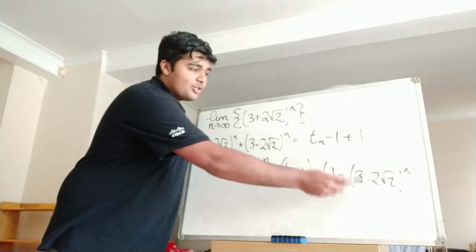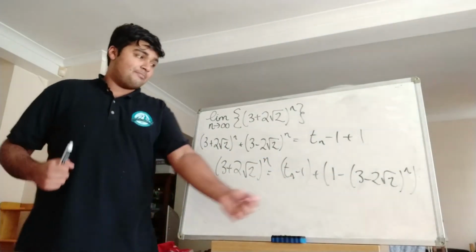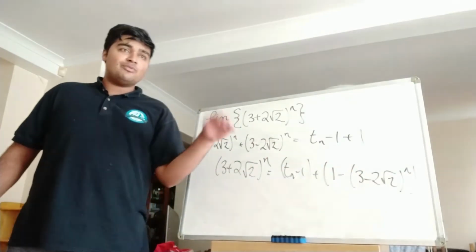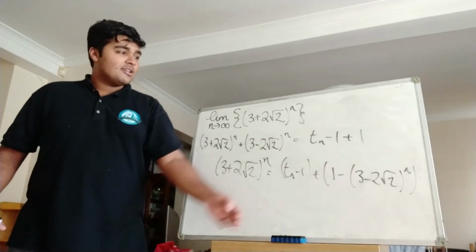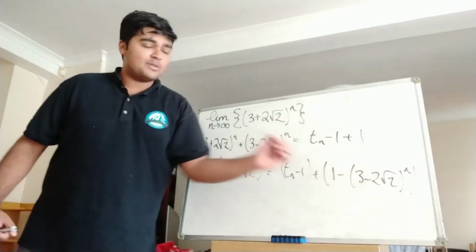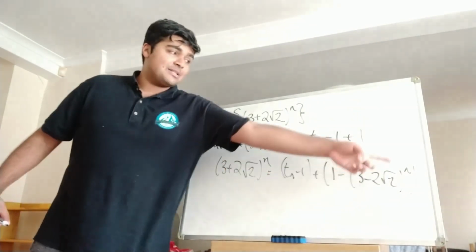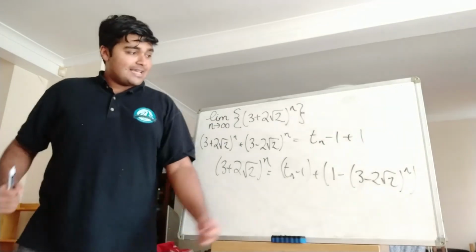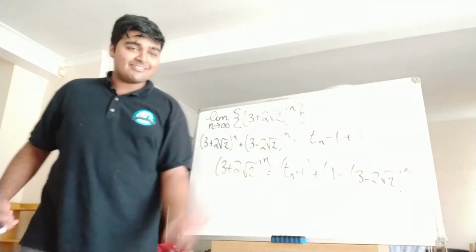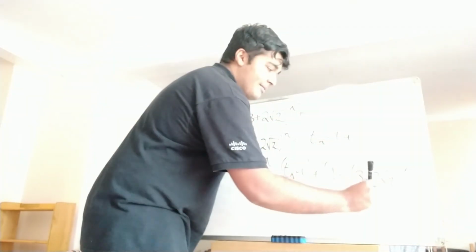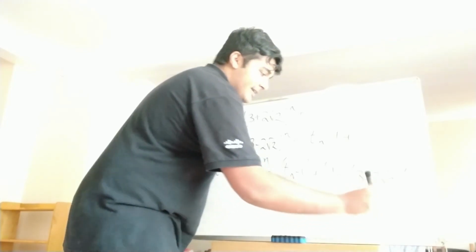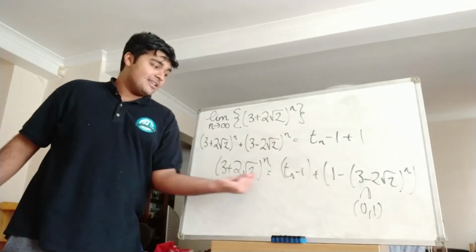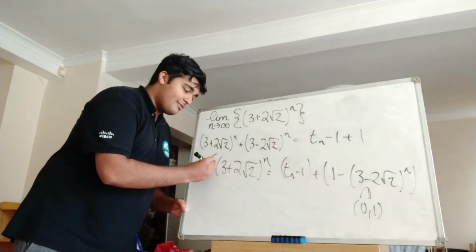Now, 2√2 is bigger than 2, so 3 minus it is positive, and it's also less than 3 because root 2 is 1.4 something. So this guy here is going to be a positive number between 0 and 1. So that means when you raise it to the n, it's always going to be a number between 0 and 1. And then when we do 1 minus it, this guy here is going to be between 0 and 1, like so. So in fact, regardless of what this t_n is, we can see that the fractional part of this guy here,